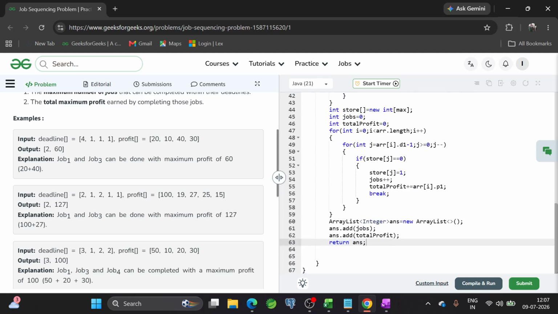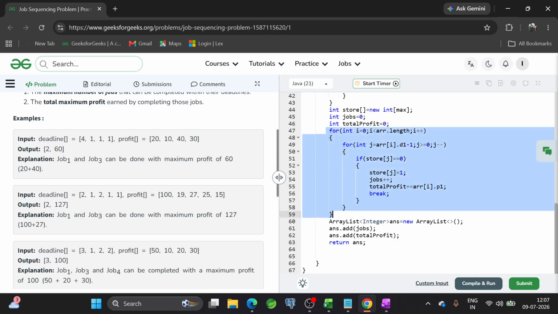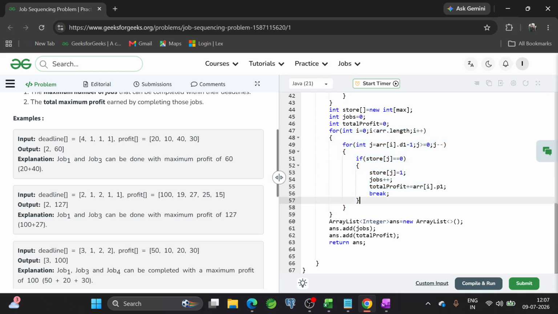In that case, for int i equal to 0, i less than arr.length, i plus plus, j equal to arr of i.d1 minus 1, if store of j equal to 0, then store of j equal to 1, jobs plus plus, then break it. Yes, and it will go on to the job. The answer.add this one, return it.